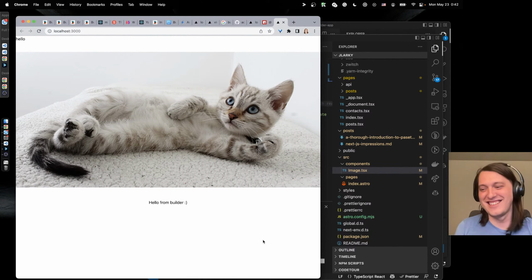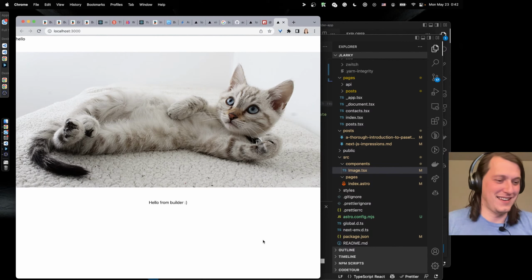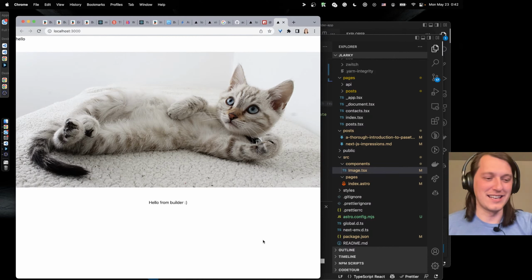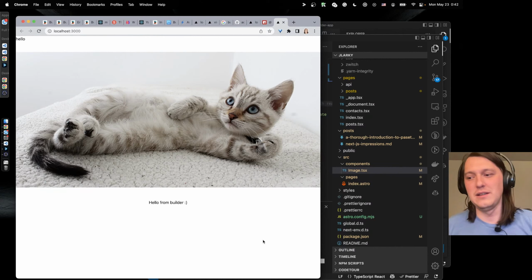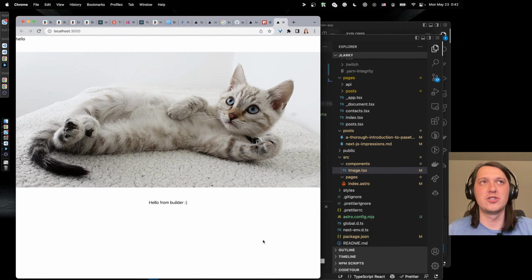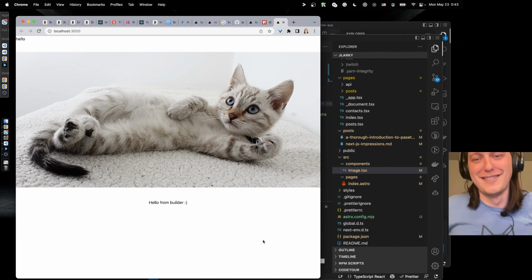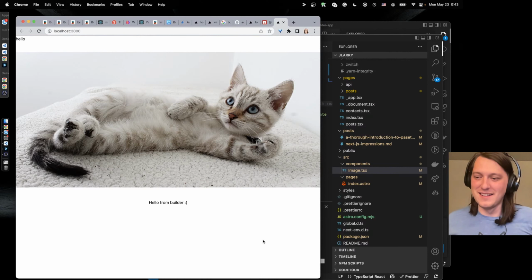You just write it and it's there. Next requires you to buy into stuff. So with Astro, you can get much further with just, okay, I'm doing HTML. I don't wanna get too much into what is actually happening.